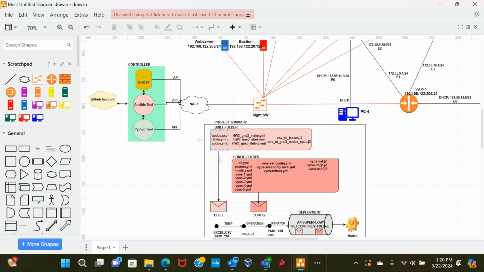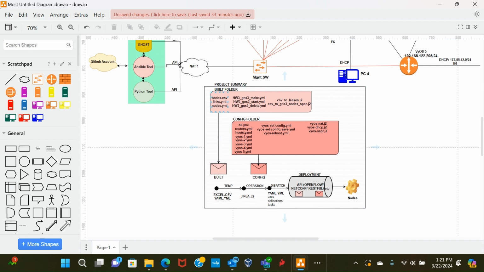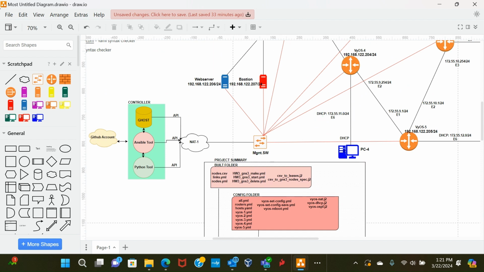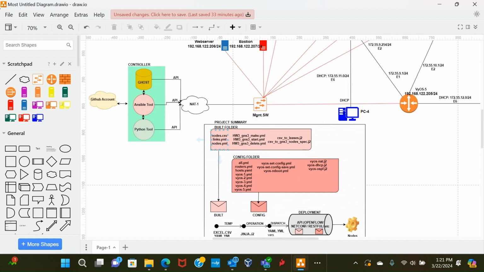So in the build template, I'll be explaining what the nodes CSV is doing. Nodes CSV is nothing else than just providing us the list of nodes, and I will provide some level of management IP addresses in there. Of course, links YAML is a template file which I'm creating in YAML and not necessarily CSV. It gives you that granularity. You can always change it to anything that you want. Links is very clear. I'm going to use that to input how the links are supposed to be built. Okay, and then the nodes will also give me more information of how to build the networks over the topology.